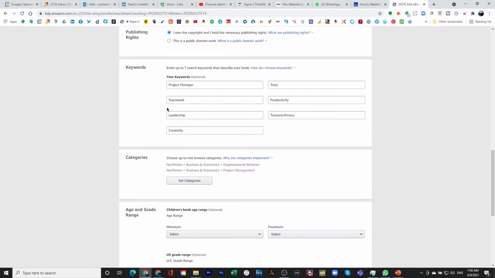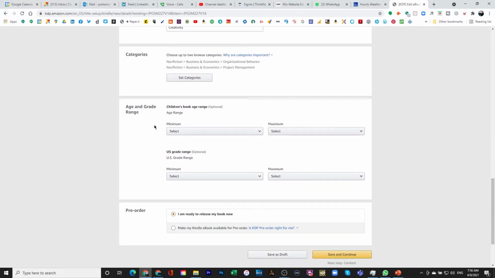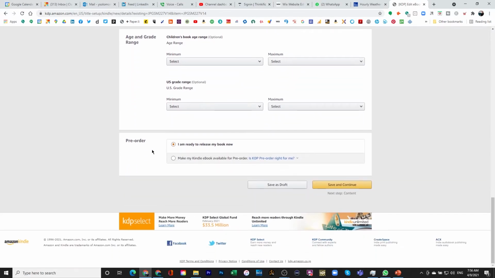And I own the copyrights. I already have the keywords. I can always change the keywords. The categories, I'm keeping the same categories. It's not for children. The "I'm ready to release my book now" option always made me kind of nervous because